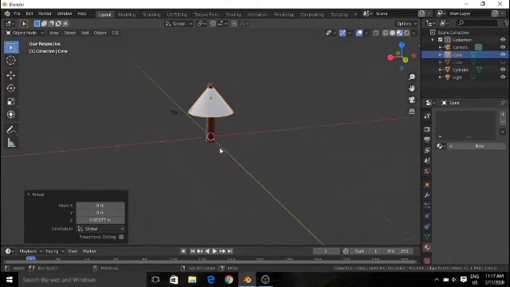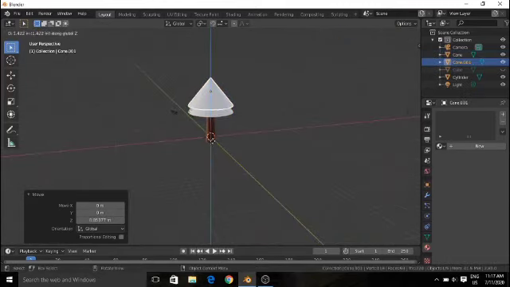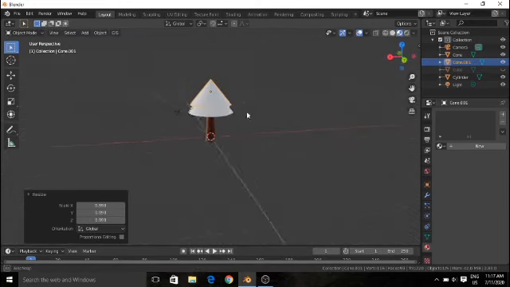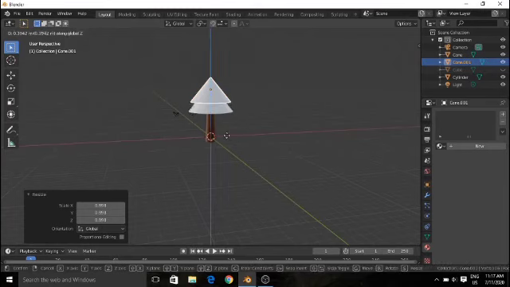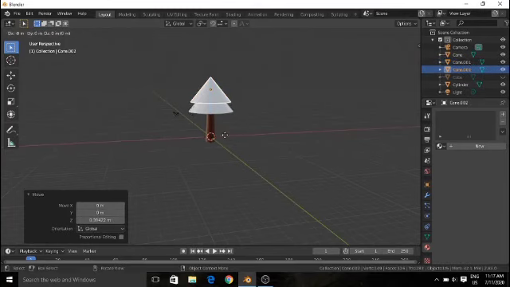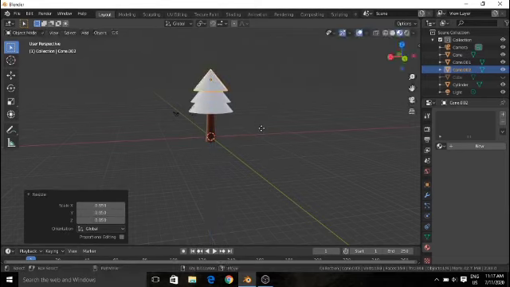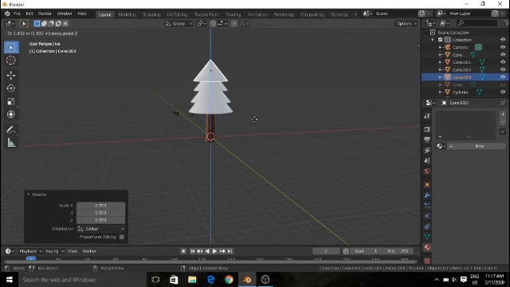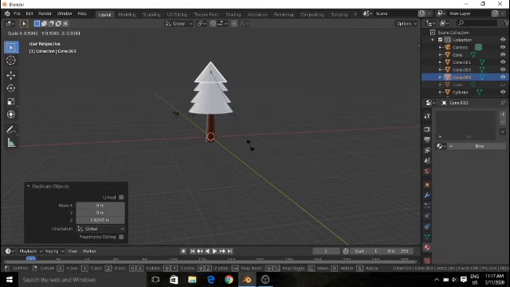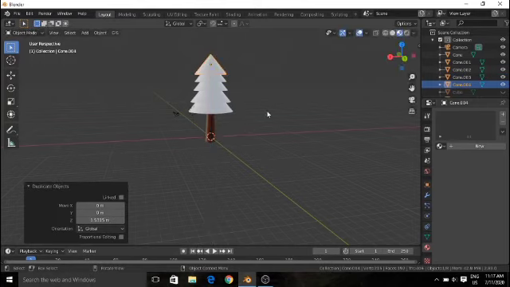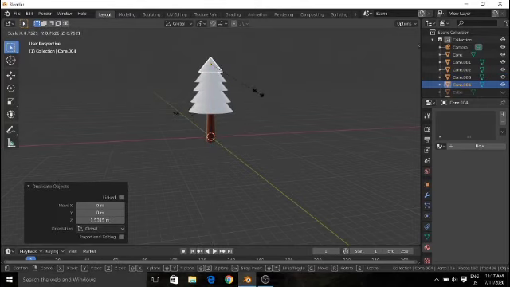Now I will grab that and press Shift D. It will duplicate the same leaf which we just added, and then I will scale that down a bit so that the leaves don't look the same, and they should have different sizes. The bottom one will be the largest and the top one will be the smallest. So I'll Shift D and scale that down, Shift D and scale that down. I'll repeat the same thing a couple of times, and that's going to be easy.